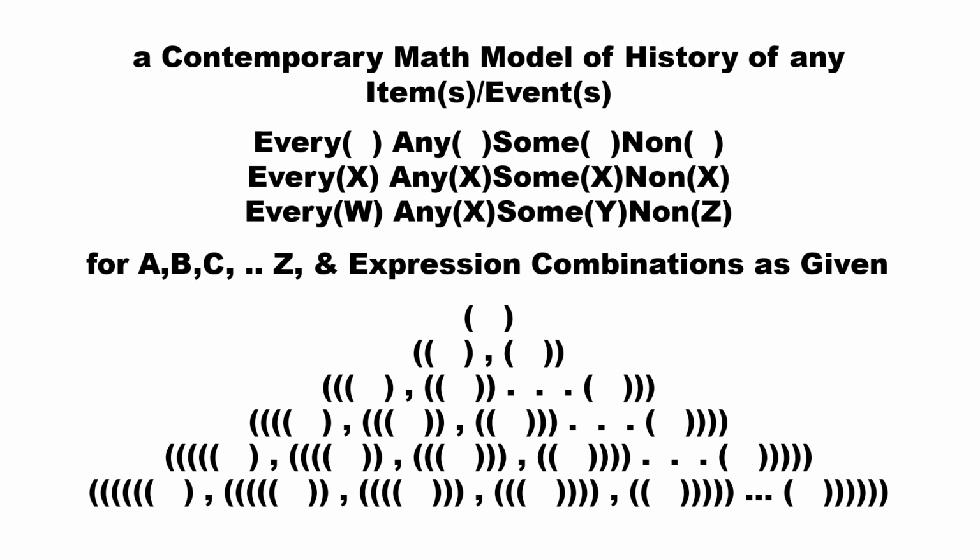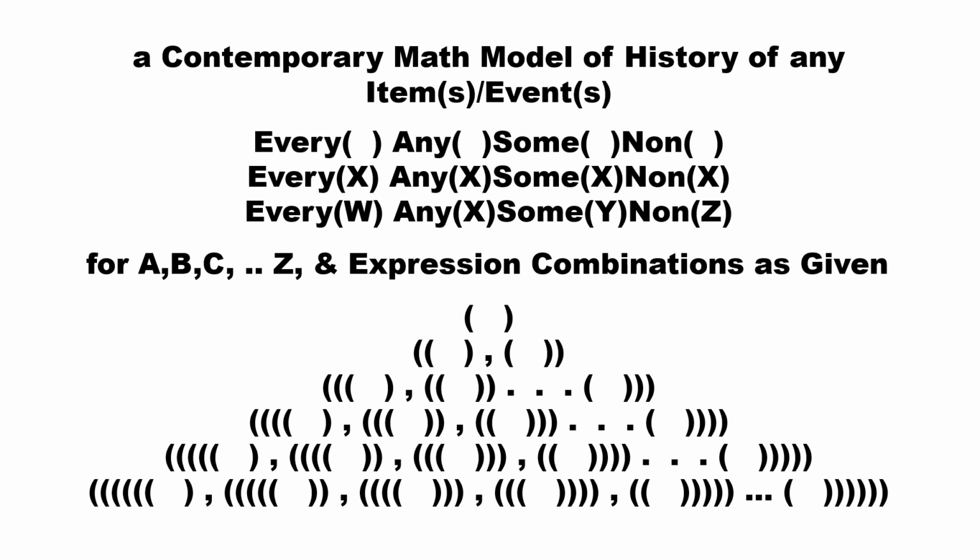Now, there are those of us who, of course, are going to want to explain all this in terms of our history, perceived cause and effect, outcomes, and time sequences. And I have a problem with that with my expression math and systems paradigm. First of all, a contemporary items and event model of history could consist of the variations of system expressions